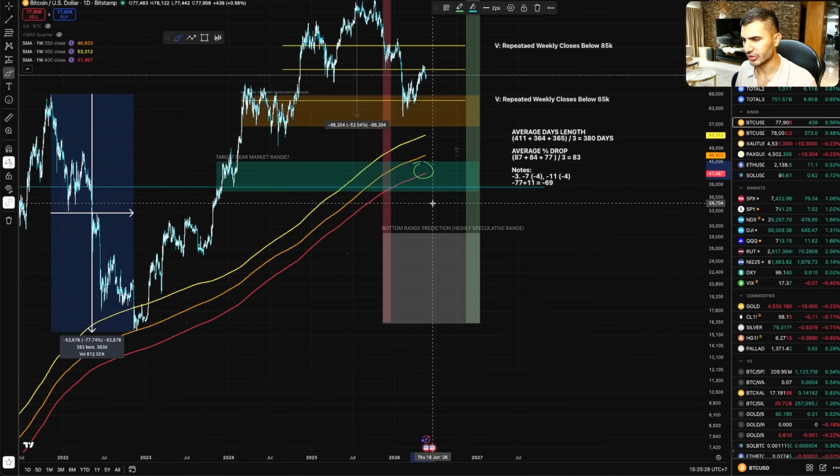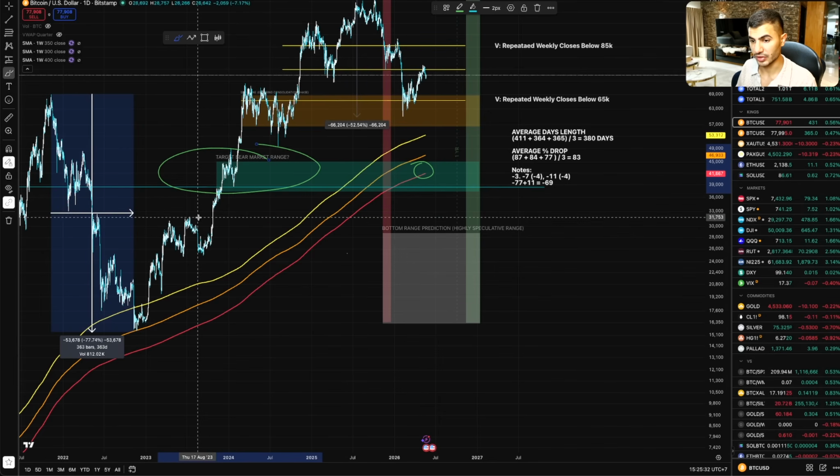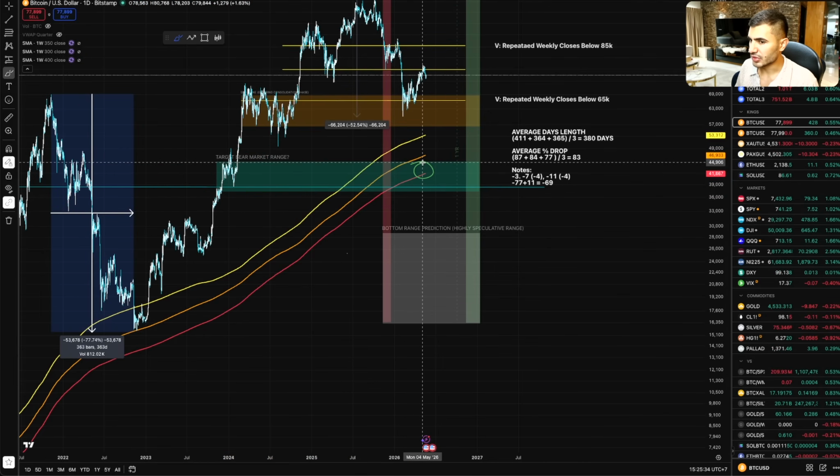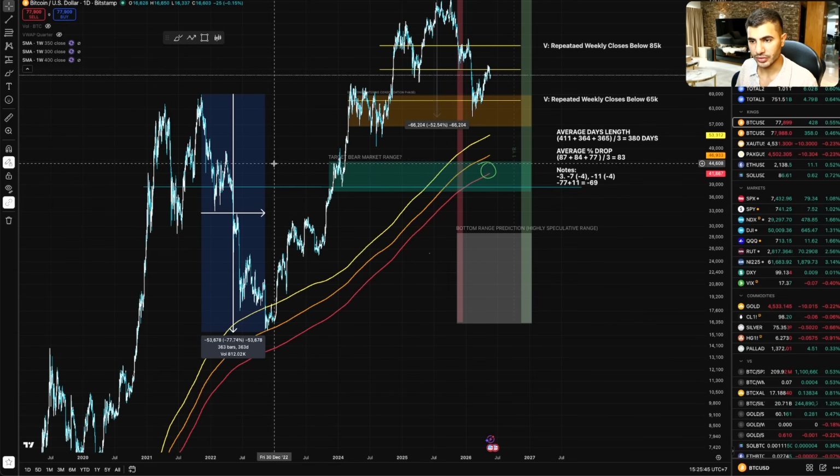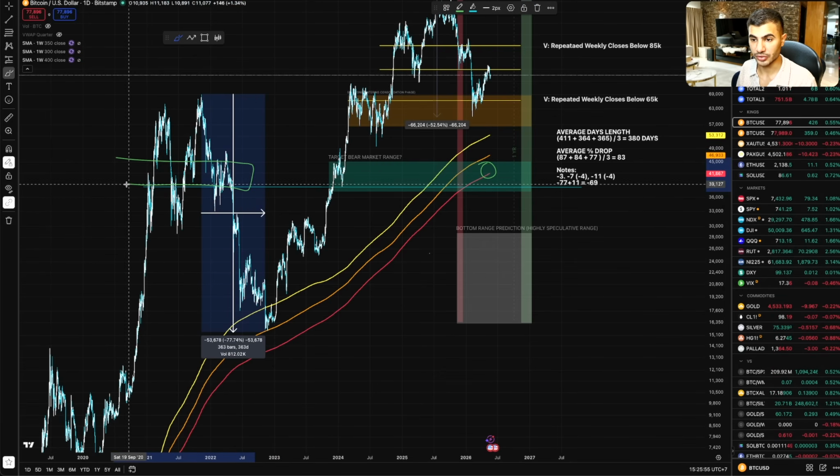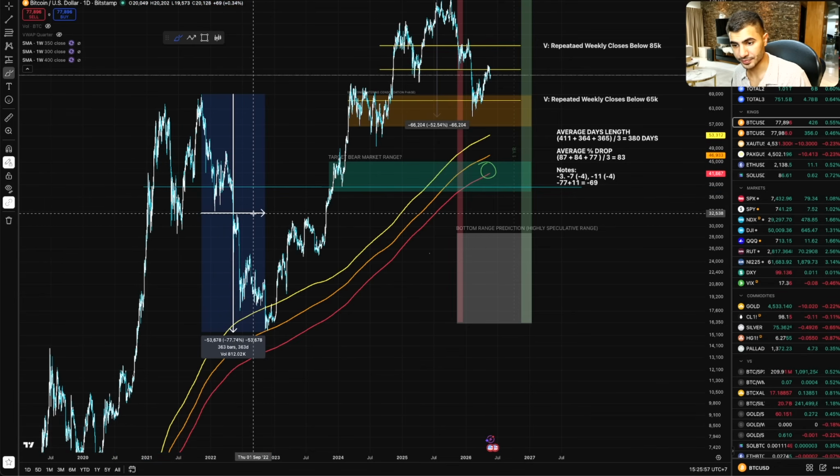I'll just exit my position or start accumulating some Bitcoins, and I'm definitely looking to accumulate a lot of Bitcoin right here. So my range is around the $45,000 range to the 38,000 range of Bitcoin. And that place also has major significance in terms of previous market cycle, where you see a lot of support in that range, a lot of consolidation periods that can act as major support for Bitcoin's price.